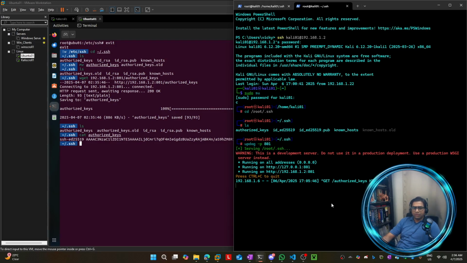We're done with the updog. Updog can be cancelled. ssh -i id_rsa, the private key, -L 7777 at 127.0.0.1